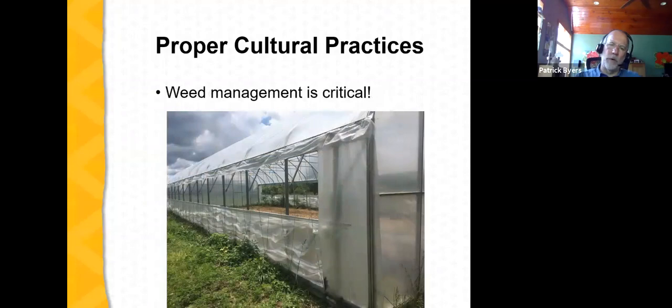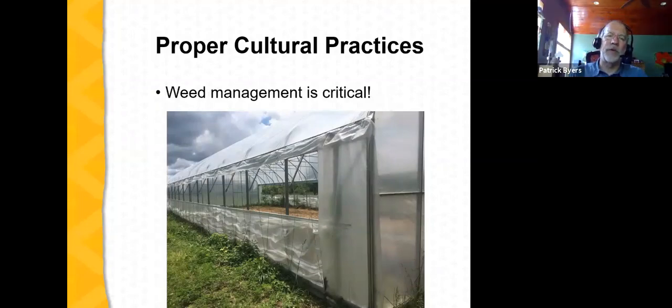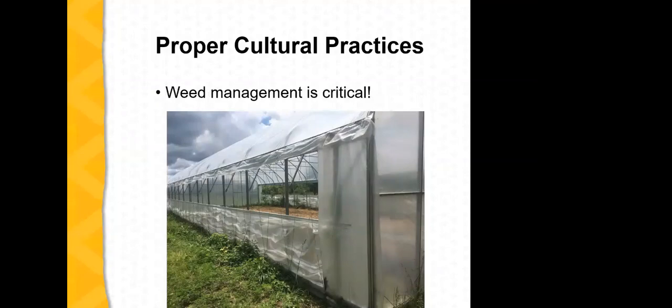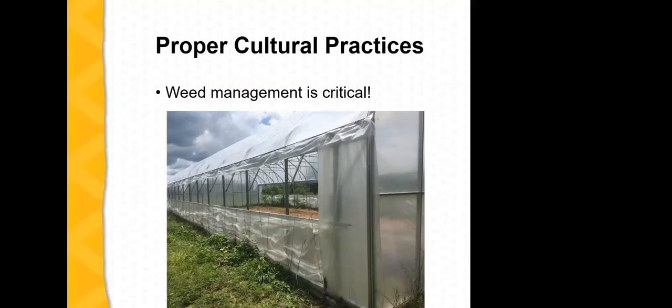Weed management is very important. Here we see a high tunnel where, unfortunately, there's considerable weed growth just outside of the high tunnel. And if we look in the inside of the tunnel there at the far wall, we actually see weeds encroaching upon the production area. This is a dangerous situation because these weeds, again, can be a source of inoculum of a number of diseases which can then spread to the crop plants being grown inside that high tunnel. So control weeds in and around protective structures.